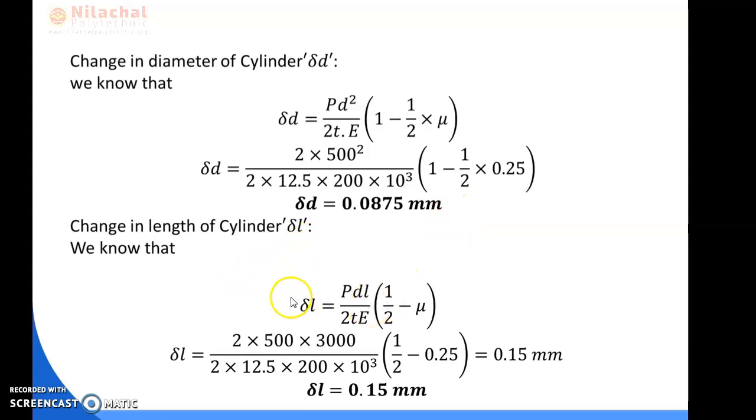Similarly, change in length can be obtained as PDL by 2TE (1 by 2 minus μ). So now putting the value of P as 2, D as 500, L as 3000, T as 12.5, E as 200 into 10 to the power 3, 1 by